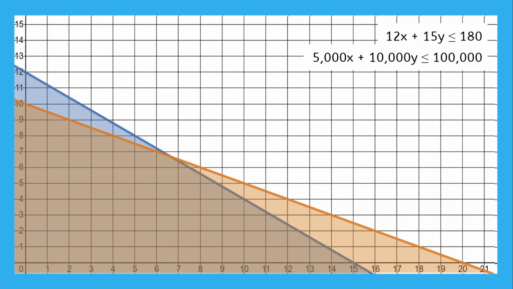So now that we have the graph and we can see where the overlap is, how would we answer the question, how many vehicles can be made? We assume that the manufacturing plant wants to make as much profit as possible, so they're going to make as many vehicles as they can. 2 cars and 3 trucks is technically a correct solution, but realistically, they're going to make more than that if they can. So what are some realistic answers?